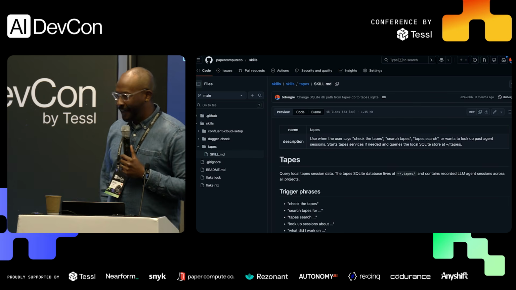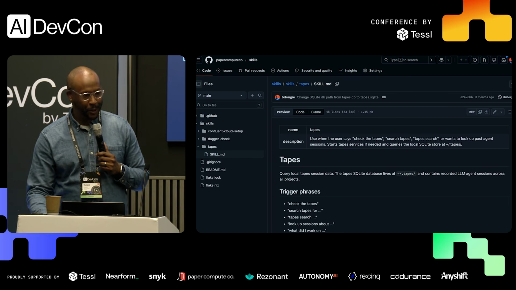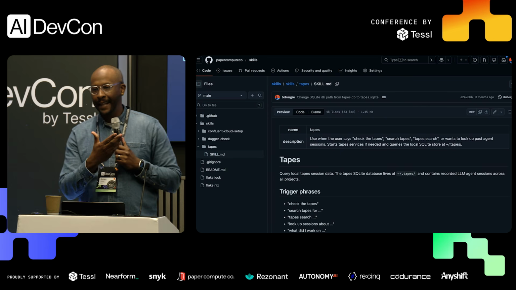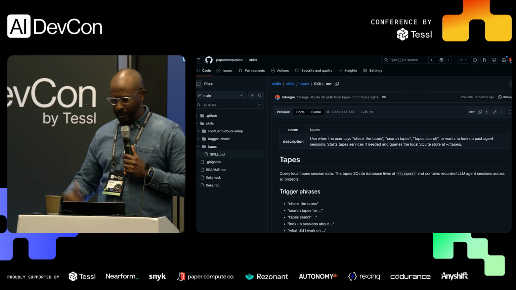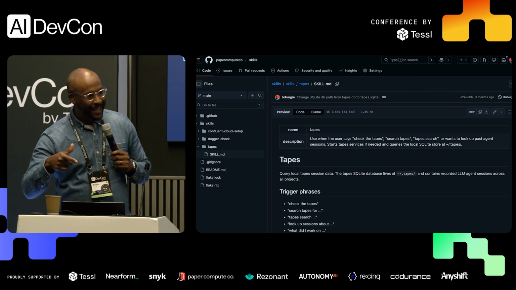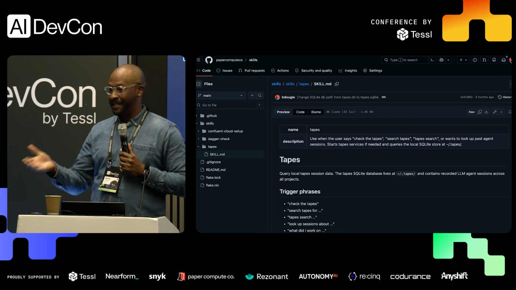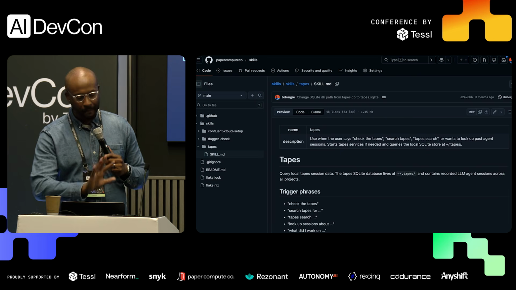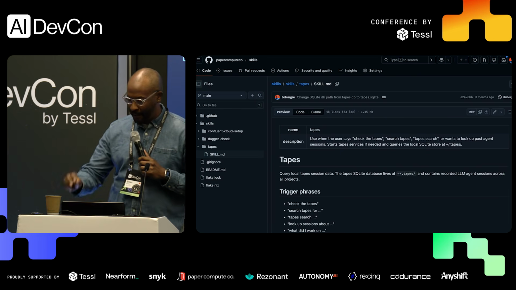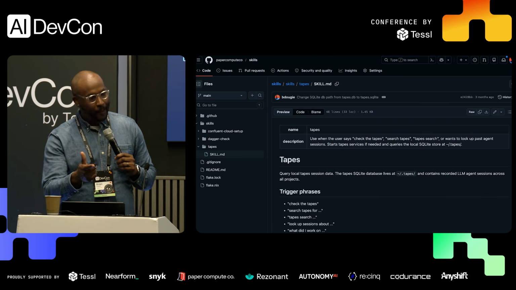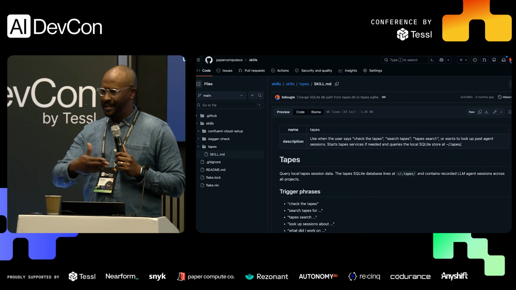I haven't used Git blame in like 6 months because I've been building a bunch of tools that look like Git blame that perform much better. I built a tool on top of LanceDB called Git Blamer, and it's basically this. It was very bad. I wrote a blog post on it, but it wasn't great, so I don't use it anymore. But what I'm getting is I can check the tapes and say, hey, give me all the sessions